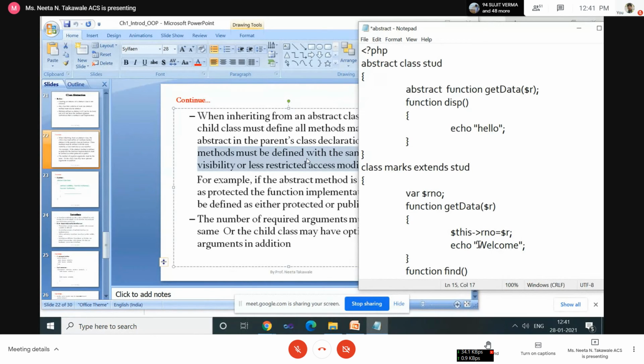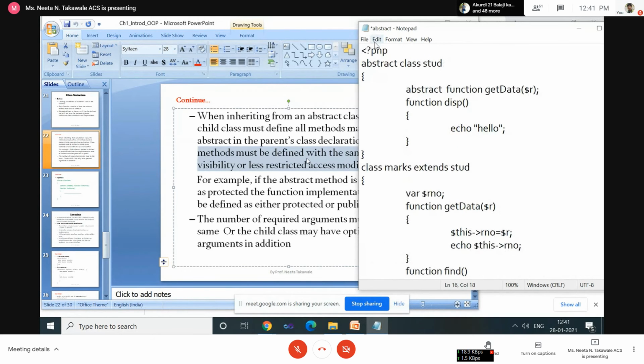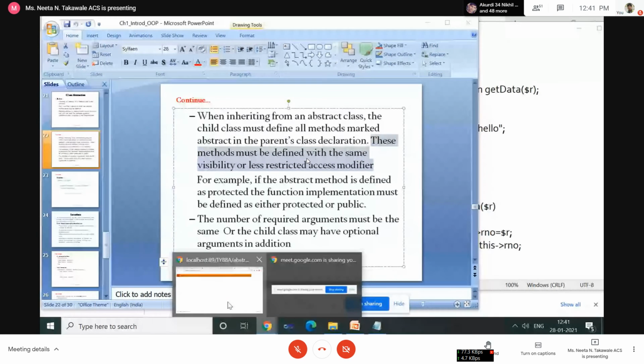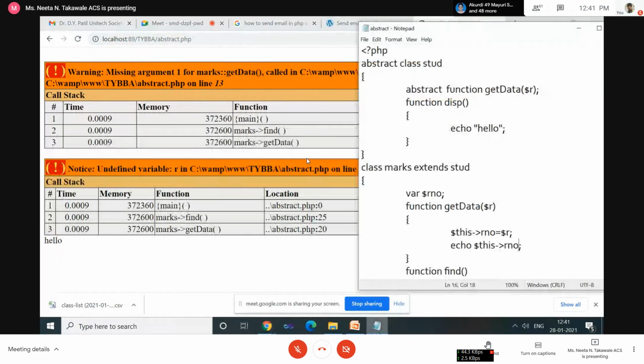Okay, and here I'm displaying get data. See, error. Line number 13, it is giving the error message, missing argument 1 for marks.